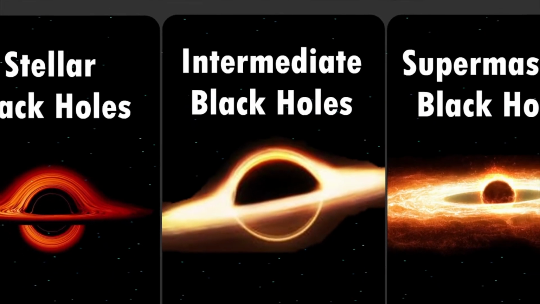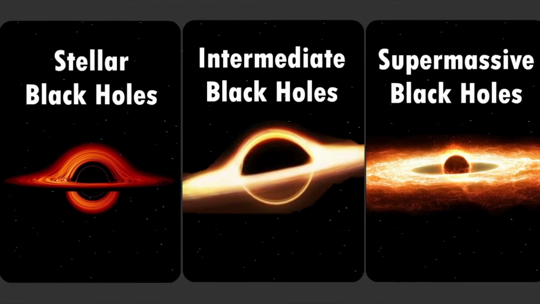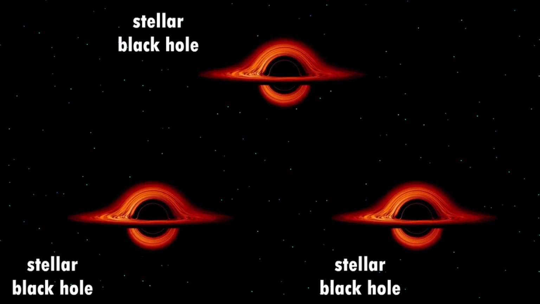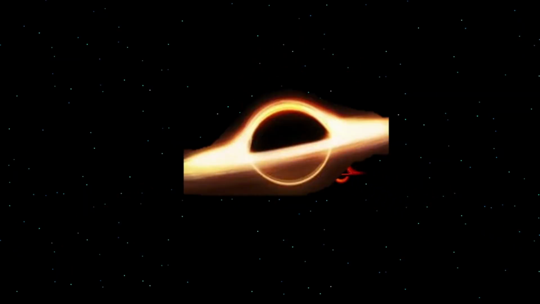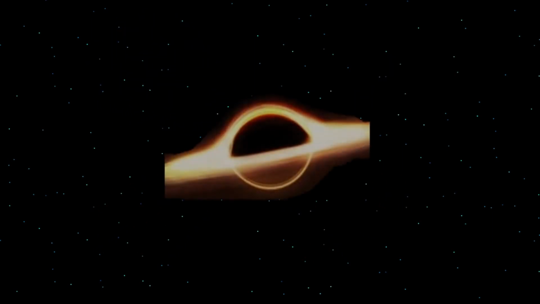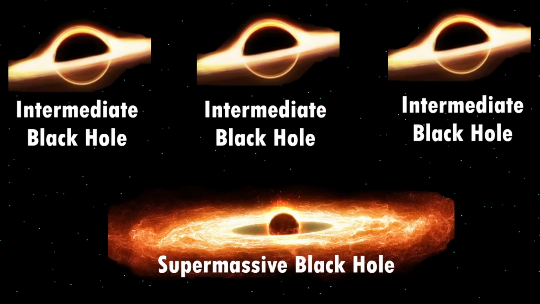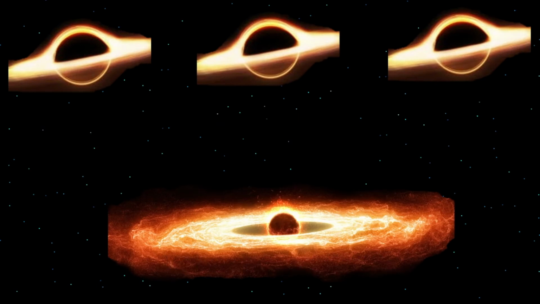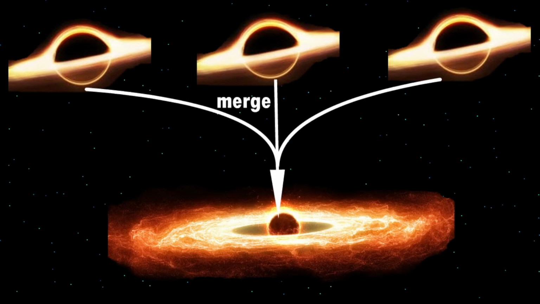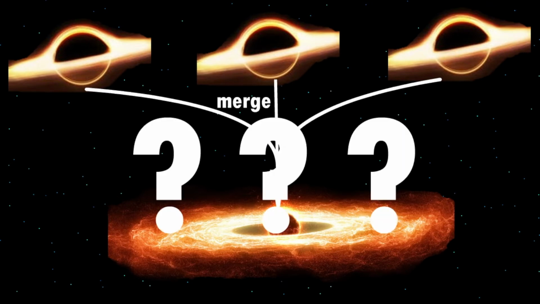Intermediate black holes would be a class of black holes between stellar black holes and supermassive black holes. These would be formed by several stellar black holes joining into one larger black hole, or several nearby stars collapsing into the same black hole. These have not been discovered, but scientists believe they exist because several intermediate black holes could join together to form a supermassive black hole. So now that we have a little bit of history for black holes, how do we